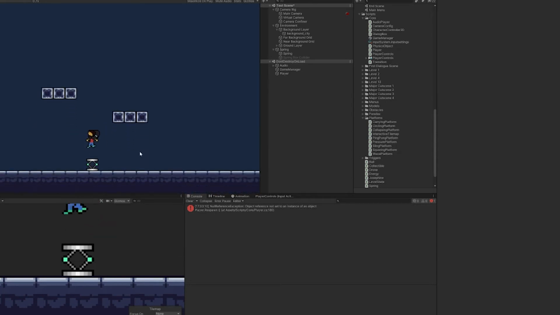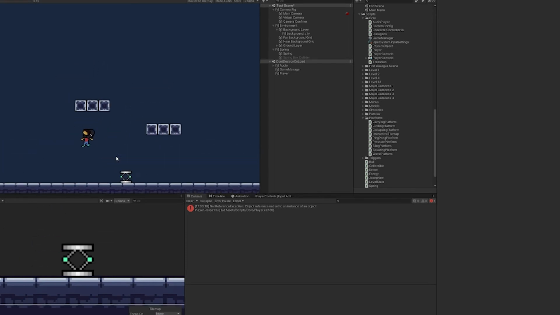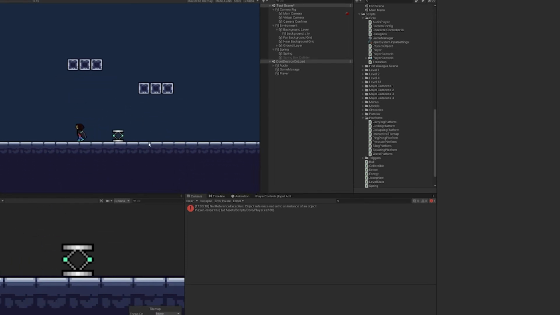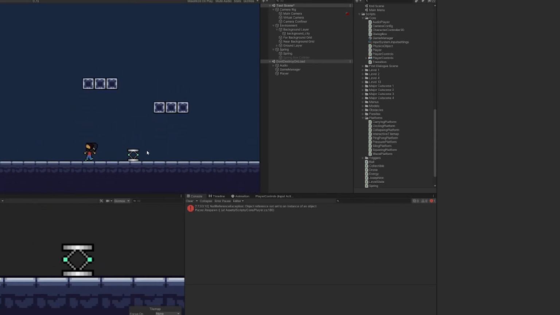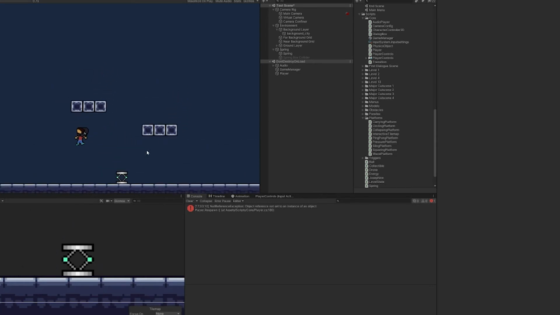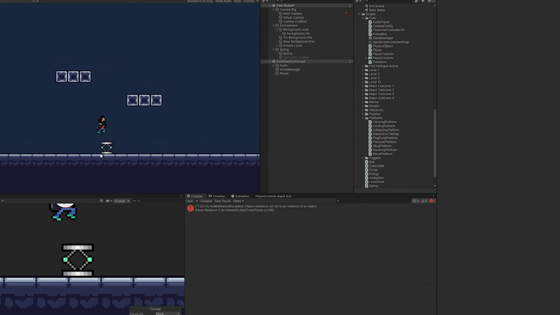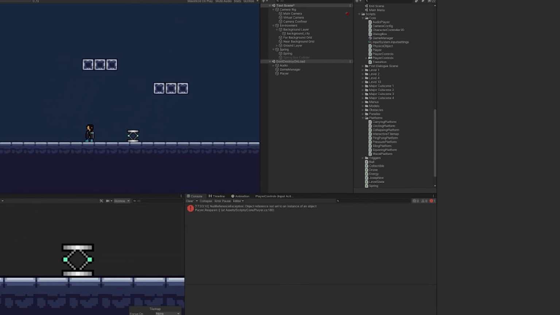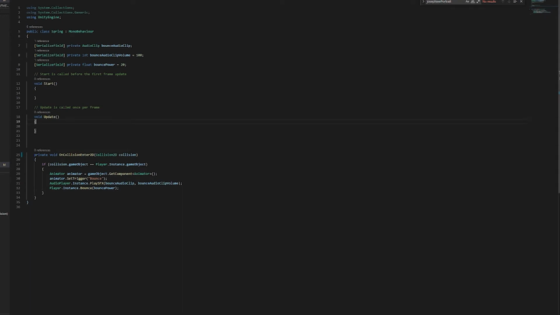You know, bouncing on these things is actually kind of fun. Okay, but anyway, now the behavior that we want to get rid of is running into the side of it and then bouncing up. That's not how we want the character to interact with these things. I'd prefer it if we ran into it and then it's kind of like a wall until you jump on top of it. So that's what we're going to do next. So if I go back to the script,